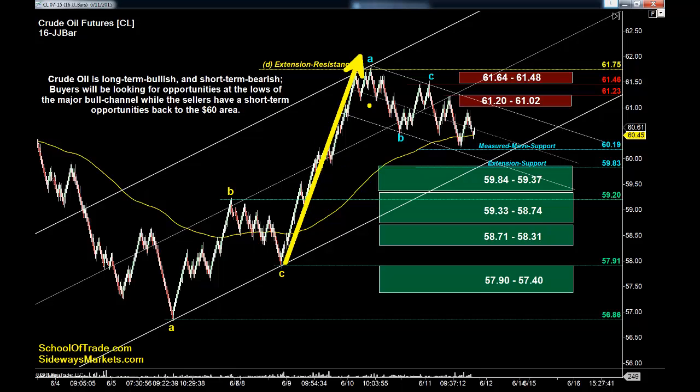It's just a matter of physics, okay? It's the way it works. That's why the S&P snapped so hard, because of the overshoot, and it also had to do with the fact that we were in a long-term major channel, which I talked about on Monday. Anyways, crude oil, long-term bullish, short-term bearish. I'm going to call this a flag pattern, right? This is a flag. And if you're wondering why crude's been a little bit sluggish this week, it's because of this pattern.